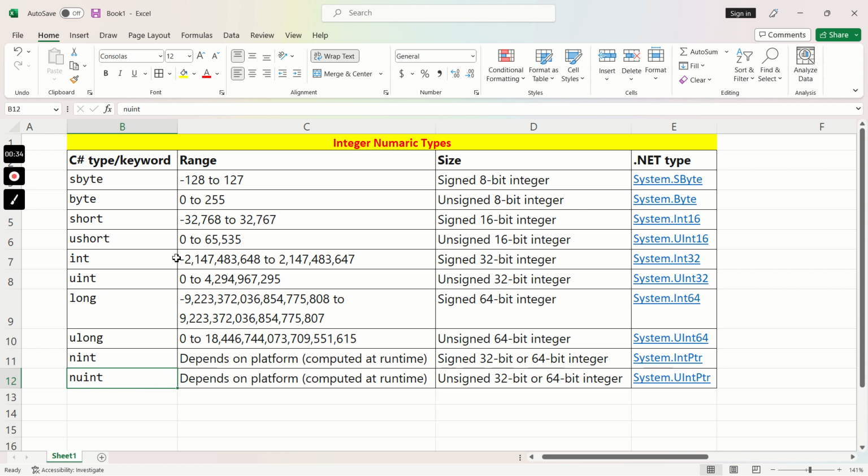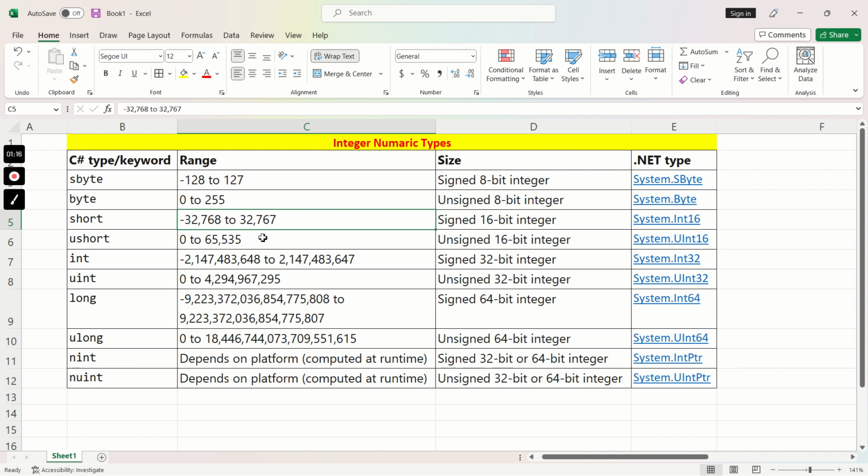So if you see here, this is a byte and this is sbyte. The difference between byte and sbyte is that sbyte is a signed byte and byte has no sign. So if you see the range of values, sbyte, signed byte, has a sign, minimum minus 128 and maximum we can store 127. If you see the byte, 0 is the minimum and maximum is 255. Similarly, for short,